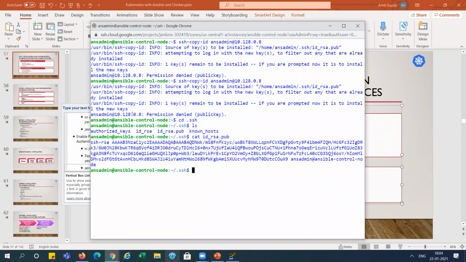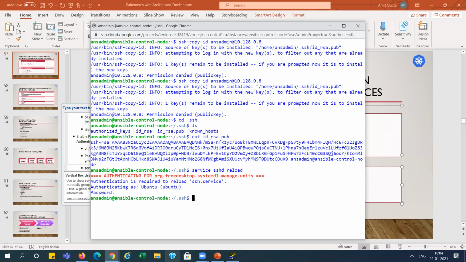So we are getting the error like permission denied. This is not taking our keys here. So let's do this first. We need to do it as admin. Let me do it with sudo access. Sudo minus.